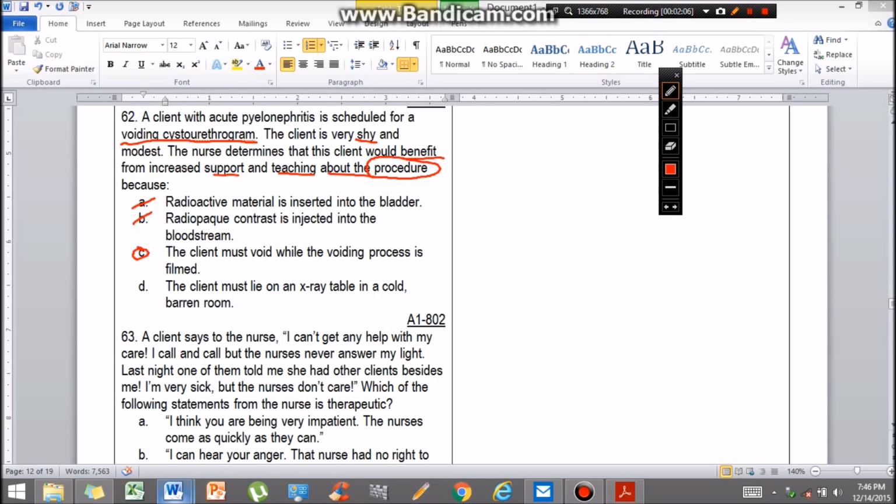Answer, letter C. The client must void while the voiding process is being filmed, and the client is shy, so it's very important to teach the client about the procedure, because having knowledge about the procedure will support the client and minimize stress. So it's like making the client more comfortable, knowing about the procedure. So C is the answer. Next,